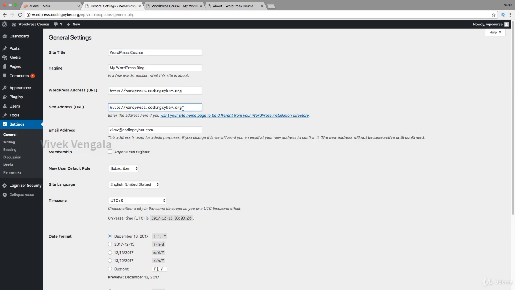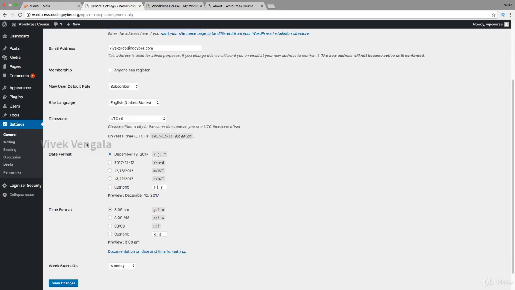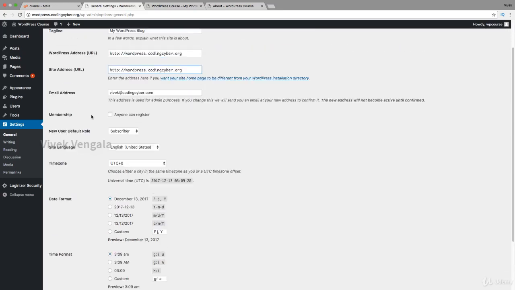If you want to change this URL to something other than the directory present in your server, you can update it, but this is not recommended to change here. After changing this, you have to add some code to the htaccess file,